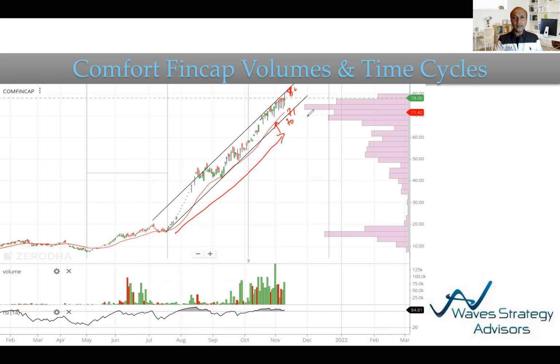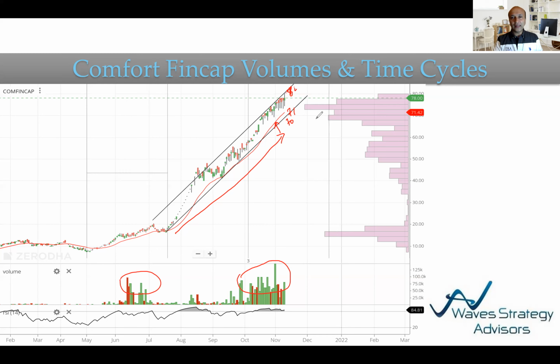Very importantly, what I'm observing on the stock is the volumes. Before the big move started on the upside, the volume started picking up big time in this stock, somewhere around 14-15 rupees, and then you saw a huge run up. And now the volumes are again picking up in this stock. That's a very interesting observation. Now this can be distribution or reaccumulation, that we don't know yet.